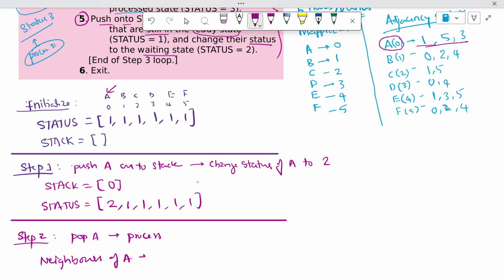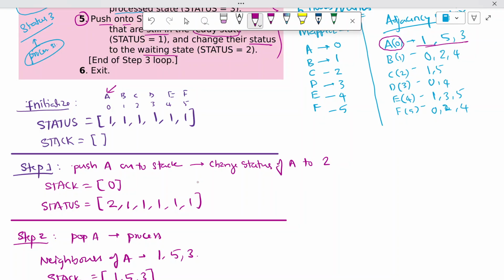So 1 5 3 are the neighbors of A, right? And then after that you need to find what will be the stack now. So the stack will be equal to, you have just popped the top element, this one, and so you are going to push these elements onto the stack, 1 5 and 3, and then